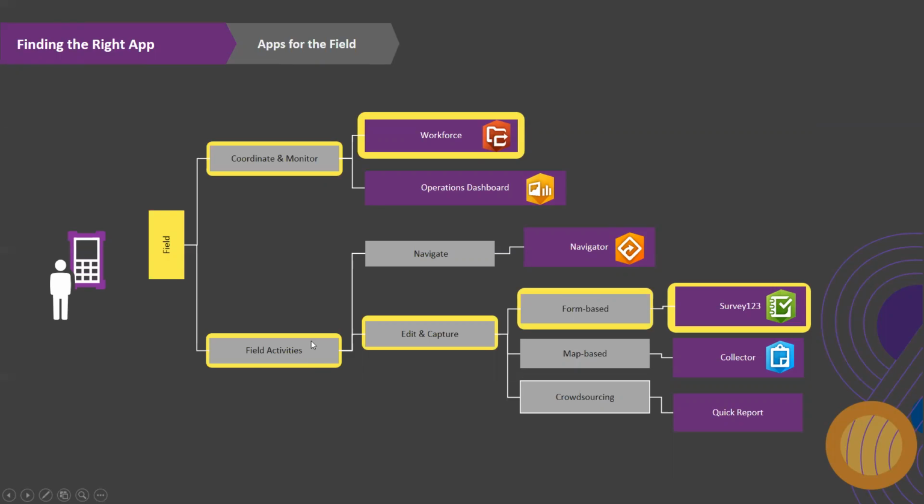Consequently, if you would like to work on further field activities apart from coordination and monitoring, we have navigation, which will make use of Navigator for ArcGIS to help you navigate easily from point A to point B or even point C and point D. So as I have mentioned earlier, some of the field applications such as Workforce, such as your collector, can also be enabled to work with Navigator for ArcGIS as you are inside and you are collecting the necessary data sets on the field. Consequently, field data, which is pretty much the